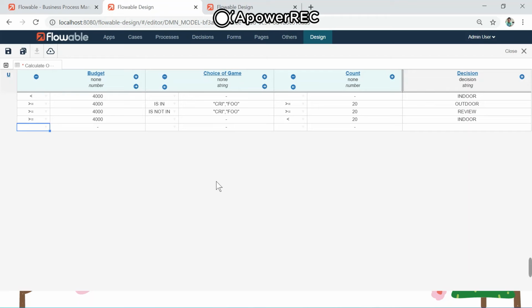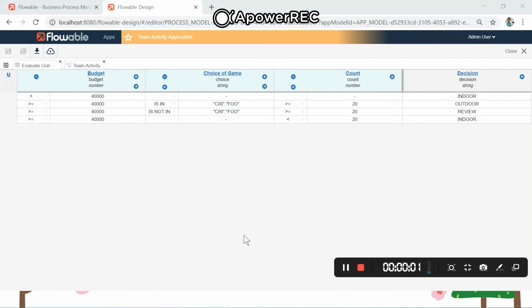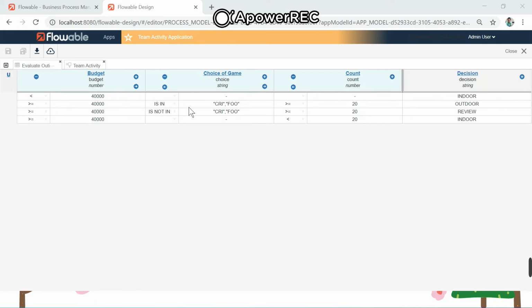So with this, our decision table is ready to evaluate the decision based upon the required input fields. We have certain business rules defined in each row, and based upon their preconditions, we have an output here in the decision, which will help us to orchestrate the flow within the process model. So our decision table is ready now, which has certain inputs and output with four business rules, which can be calculated based upon the unique hit policy.